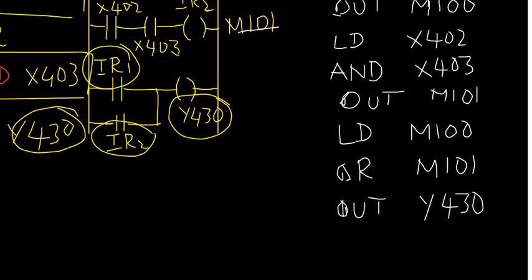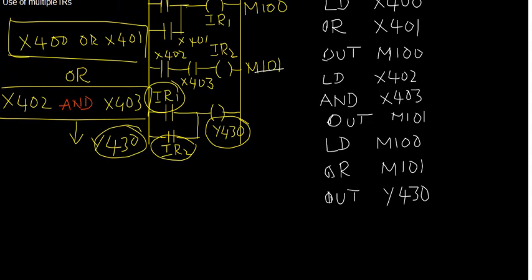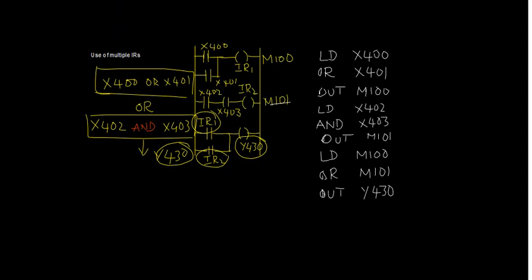I hope you are in a position to understand this. So I have reduced the size now. You should be able to understand the significance of internal relays whenever you have their multiple appearance in the ladder diagram. All of you please look into these diagrams and check whether you follow it or not.